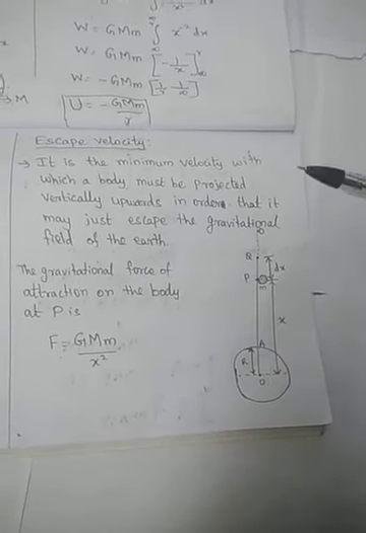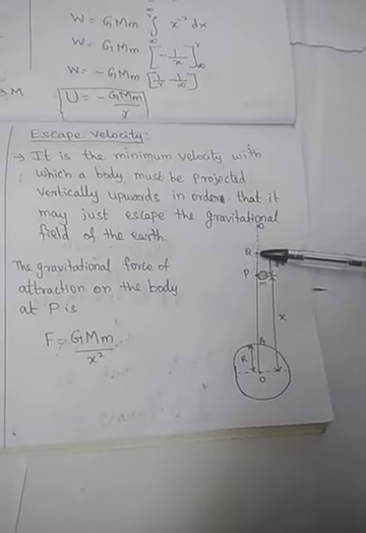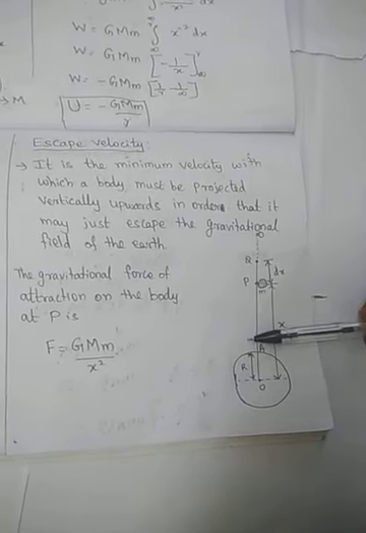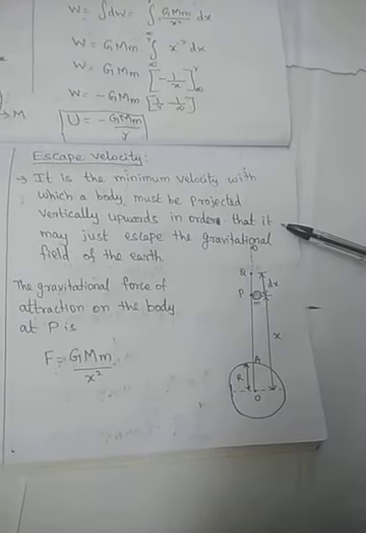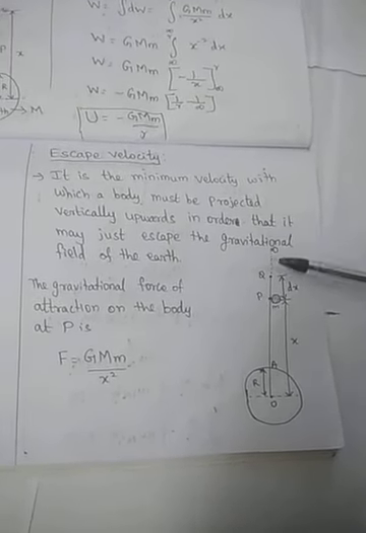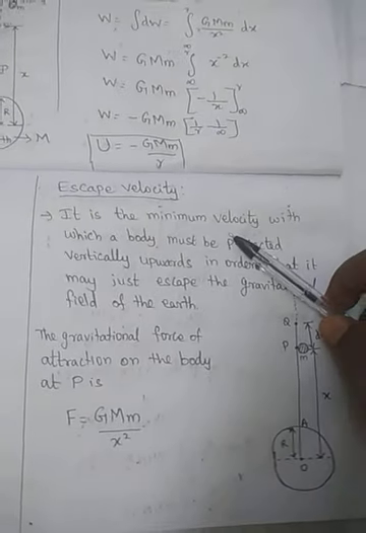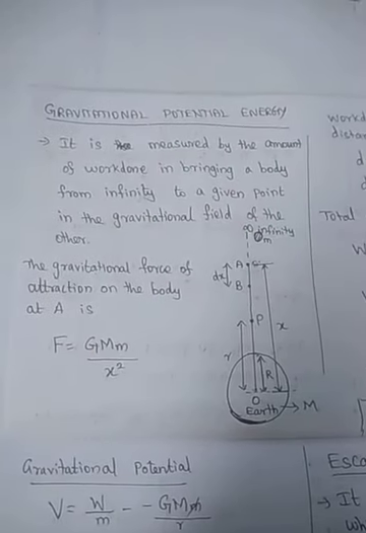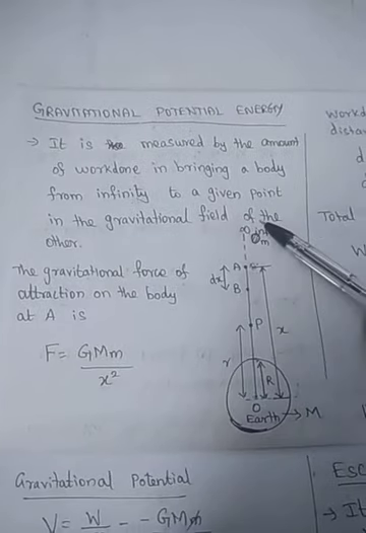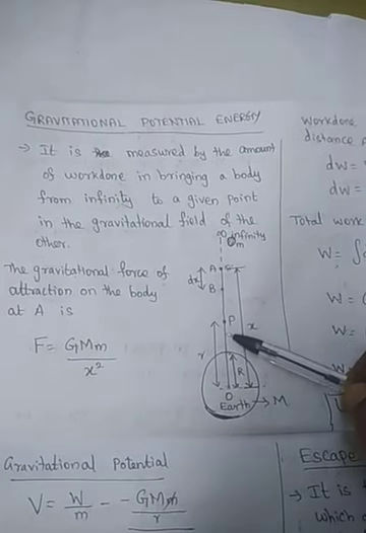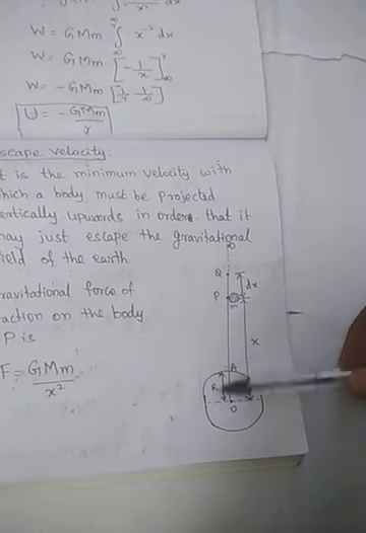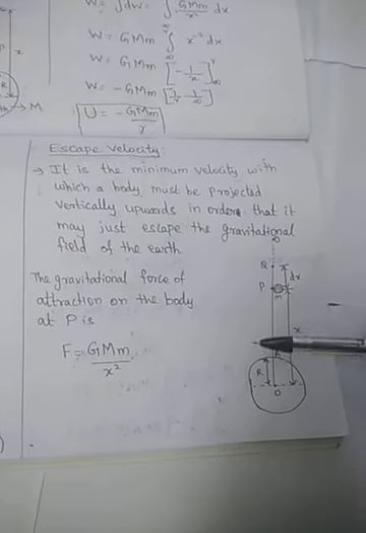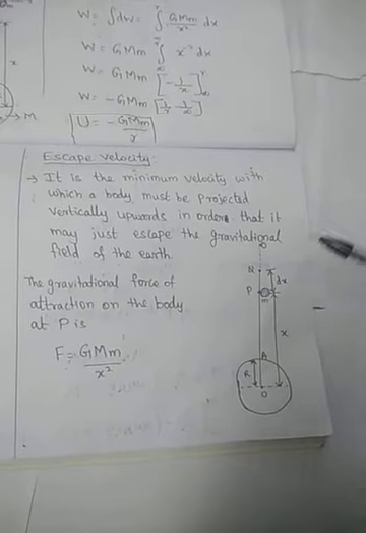When we launch a rocket having mass m, it must escape from the gravitational field, and only then will it reach space. So what is the minimum velocity required? Dear students, understand the concept. Gravitational potential energy means bringing the mass from infinity to the earth's surface. Here, we move the body from the earth's surface to infinity. Both calculations are the same, only the limits vary.